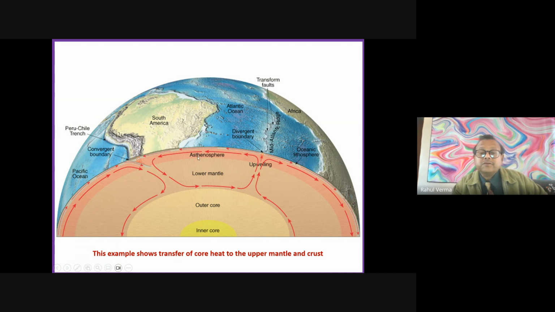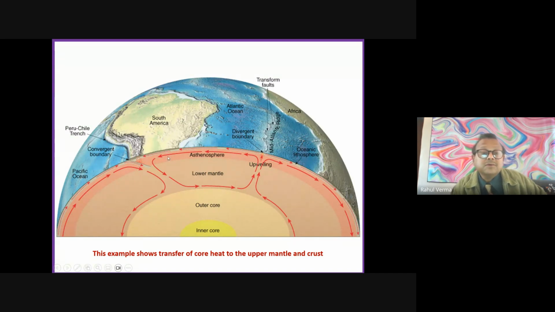I said asthenosphere, how the plates move. You can see when any material cools, it becomes heavy, it goes down. And then it is heated again, then it again goes up. So you can see this side is going up, this side is going up, and then this is moving this side, this is moving this side. So it is something like two people are sitting on two chairs and somebody is dragging their chair away. So that becomes divergent margin.